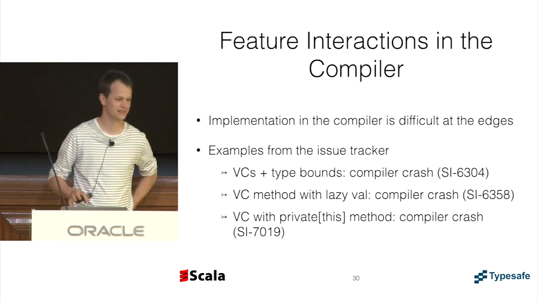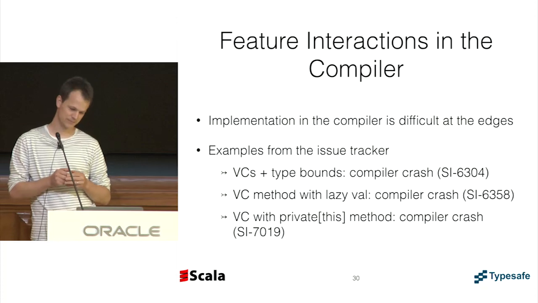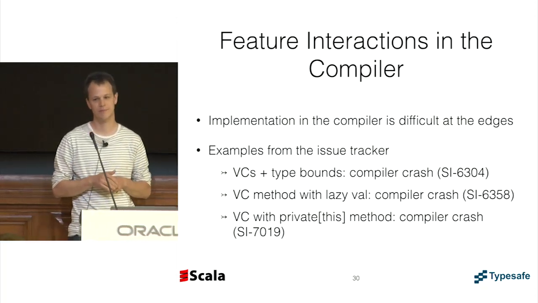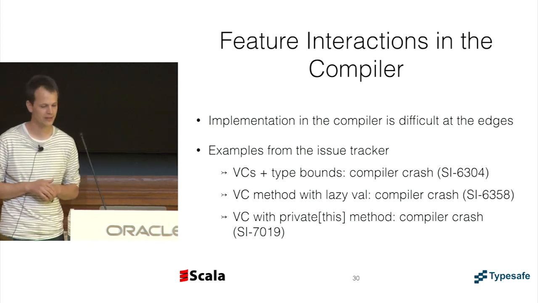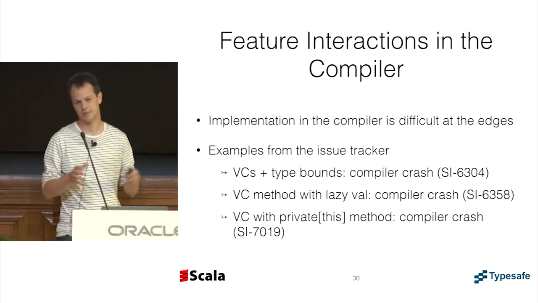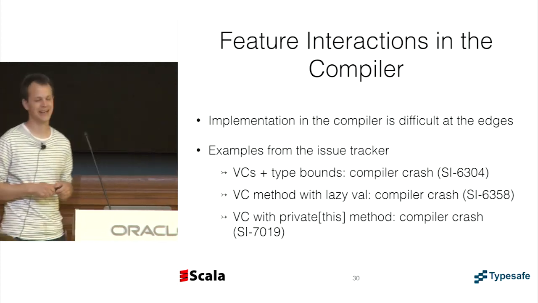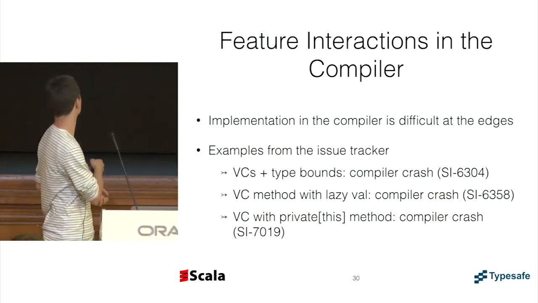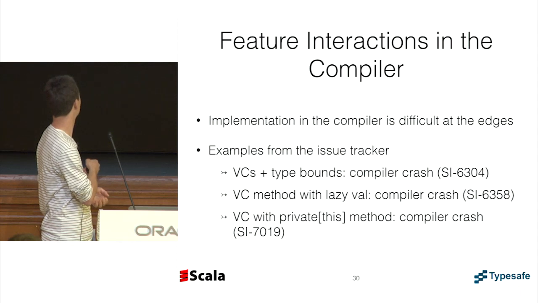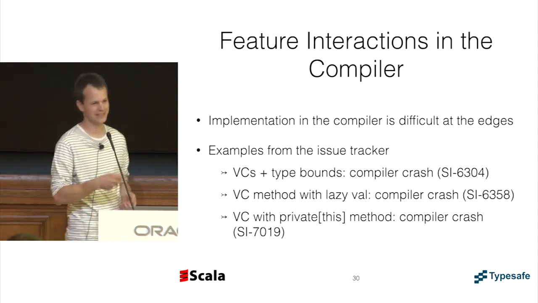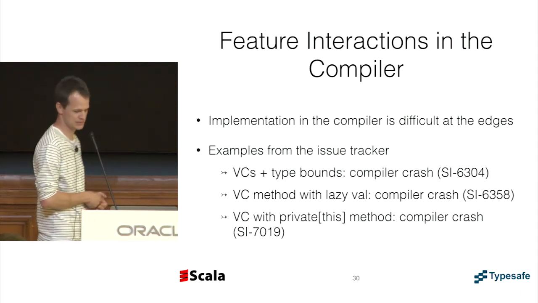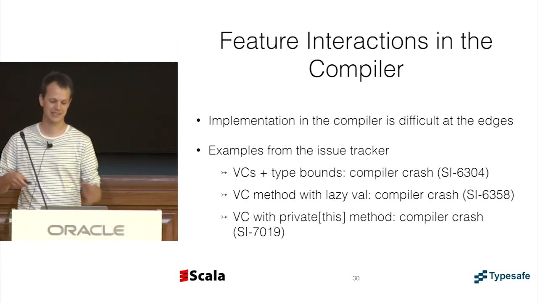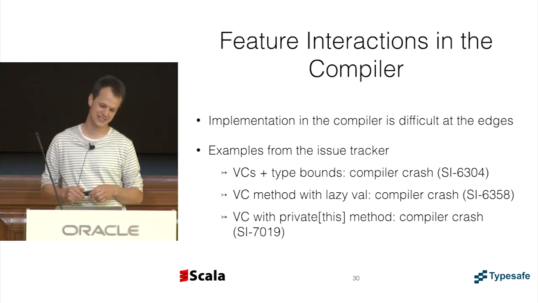Okay, so this slide is a bit more high level. It's just saying that of course we had a few implementation issues adding this thing to the Scala compiler. There are rough edges basically when features interact, and there's today also still a number of open bugs. This list reads like: value classes plus type bounds, compiler crash; value classes with a method that has a lazy val, crashes compiler;